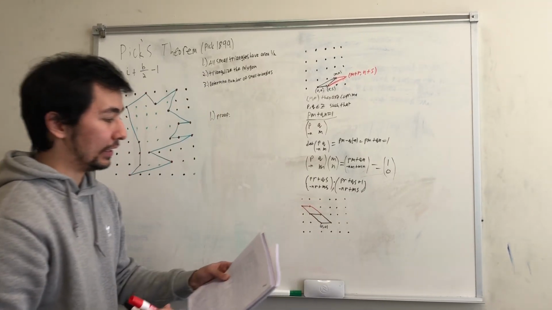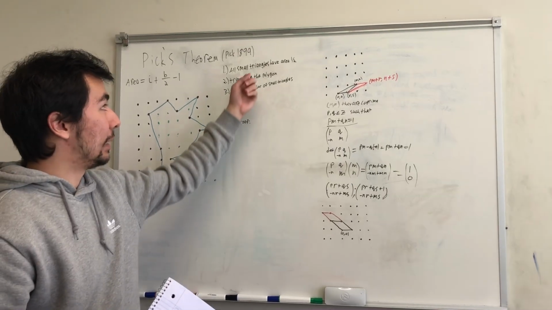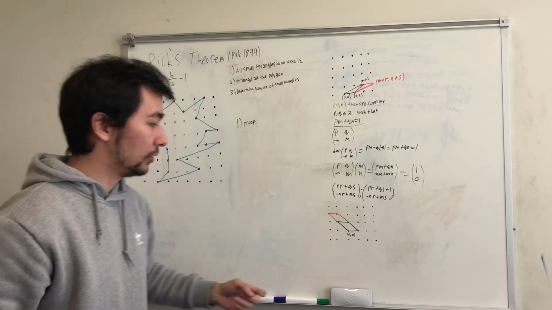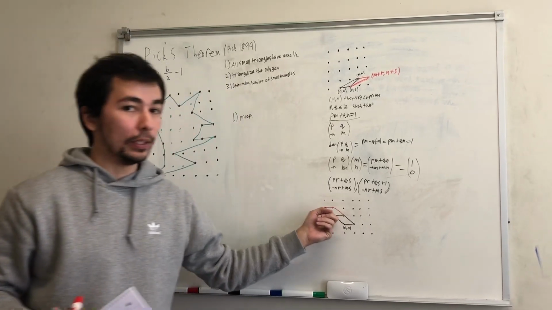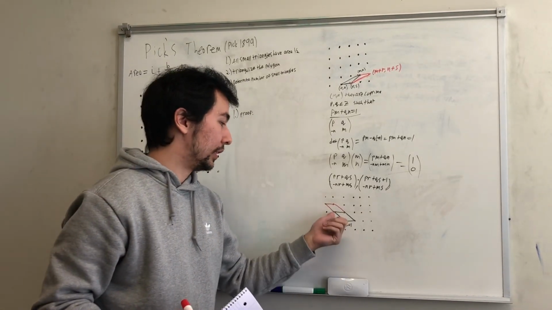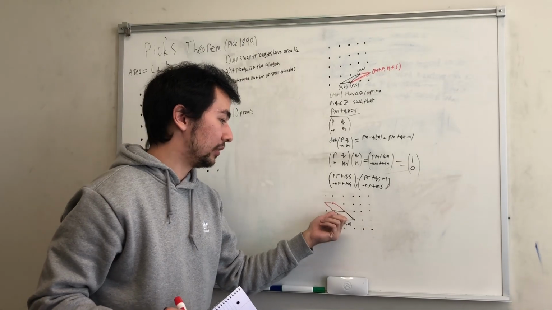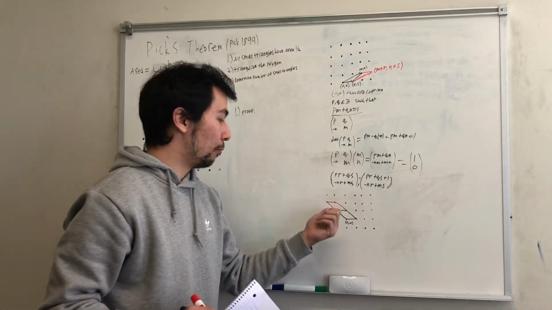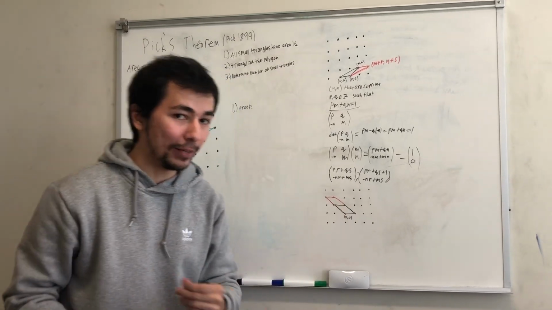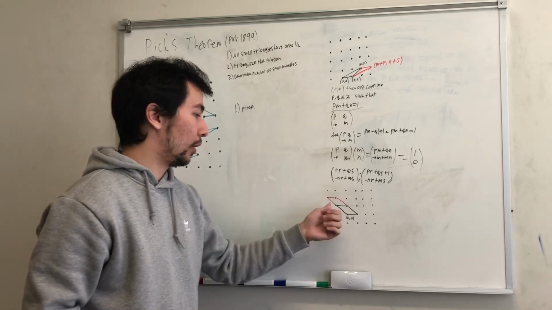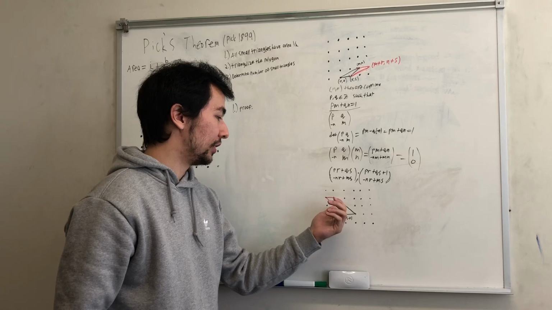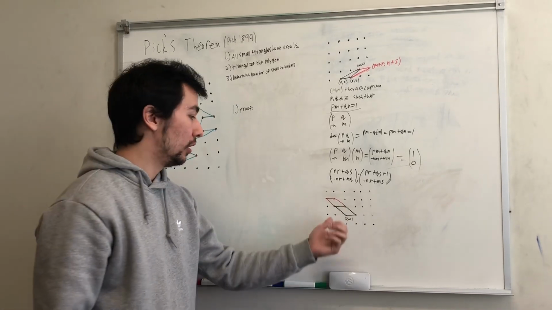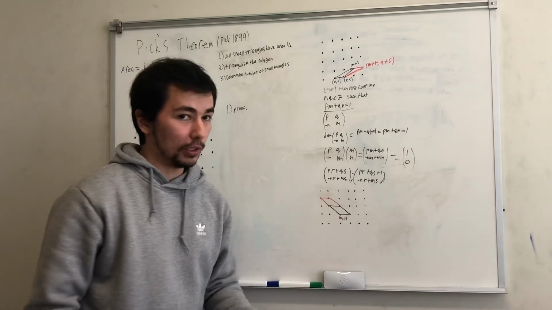And as you can see, since this came from two primitive small triangles, we see now that this can no longer be a primitive parallelogram because there are now lattice points on the boundary. For it to be a primitive parallelogram, there can be no lattice points on the boundary. Lattice points can only be at the vertex. So we see by contradiction that the height cannot be greater than 1 because it no longer becomes a primitive